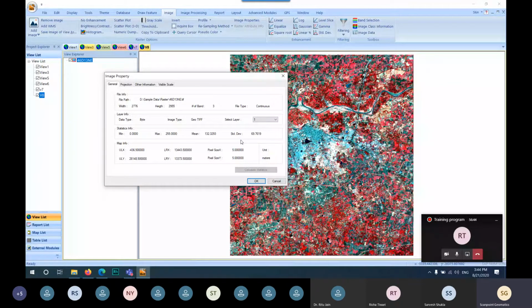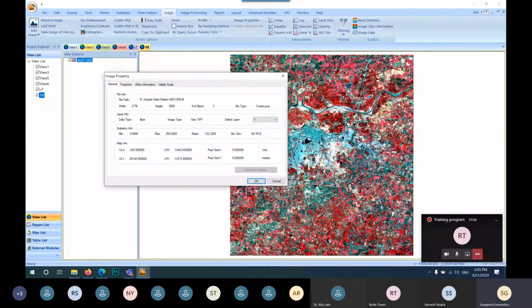So when we go for any analysis, for any application, either in the field of agriculture, urban planning, geology, water resource management, or any type of application related to remote sensing, the very first thing is to select the satellite data based on these four parameters. These four parameters are spatial resolution, spectral resolution, radiometric resolution, and temporal resolution.